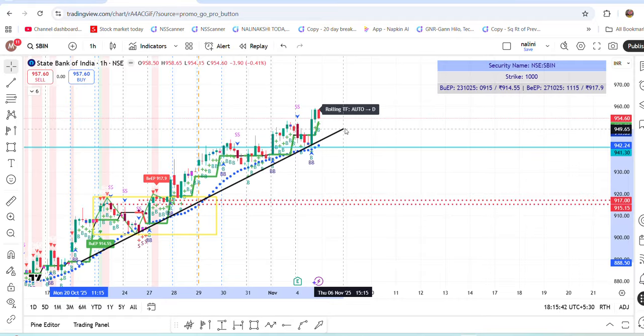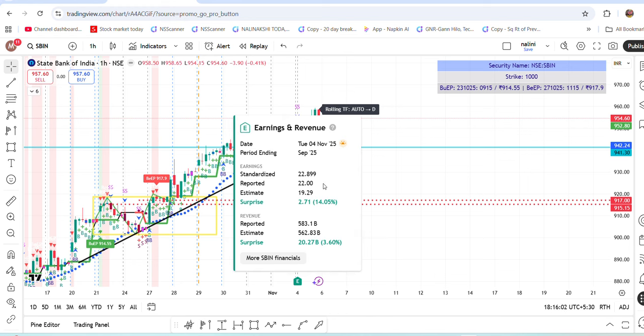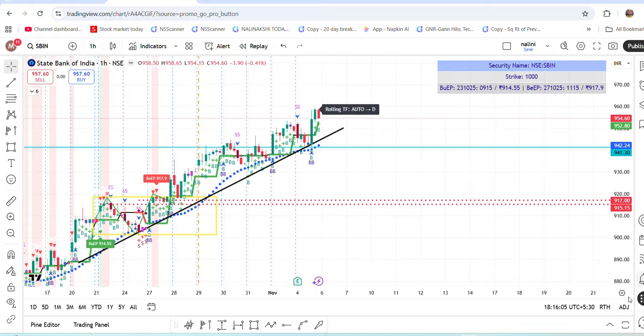The price is hugging near this one. Any discount, we need to see what the price is doing. Only when it starts coming below this, then a bearish stance can be taken in this. So it is an event based move. You can see earnings was on 4th November. On 4th November, first they plummeted and then pushed the market higher, indicating that it has generated very good revenue and the profit margin is good. So this is the institutional thing you can do.